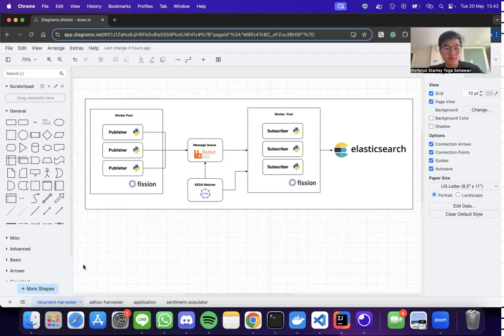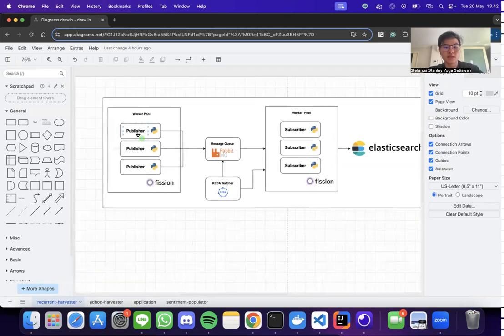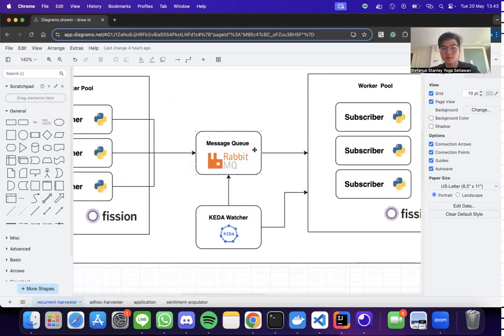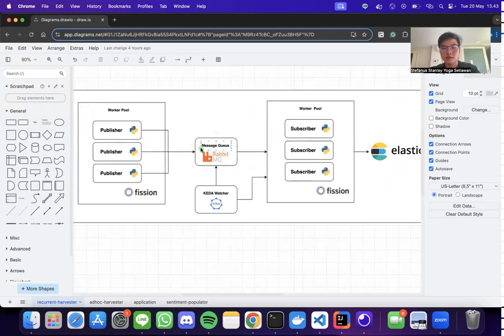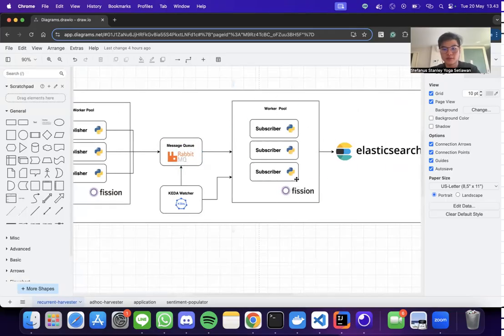The first one is the producer-consumer part. The producer-consumer part will be used on the recurrent harvester. So we have the first component here, which is the publisher. The publisher will take the data coming from the API, so it will scrape the data, and it will send the data into our message queue, which is the RabbitMQ queue, and our RabbitMQ queue will store the data, and our consumer, which is our subscriber here, will subscribe to a specific topic from the RabbitMQ queue, and it will send